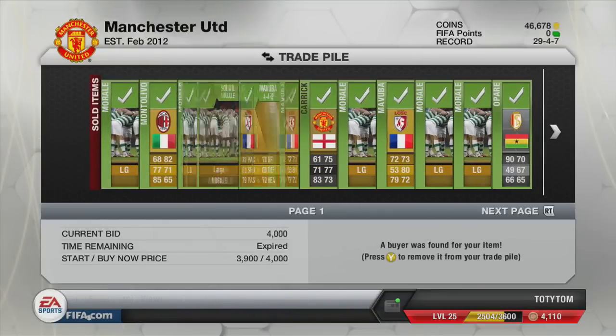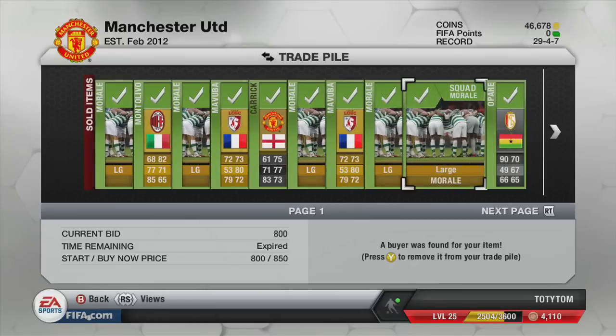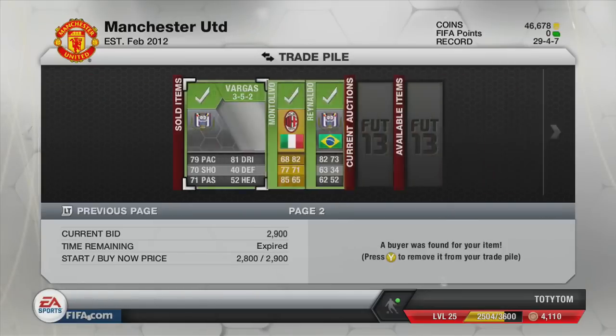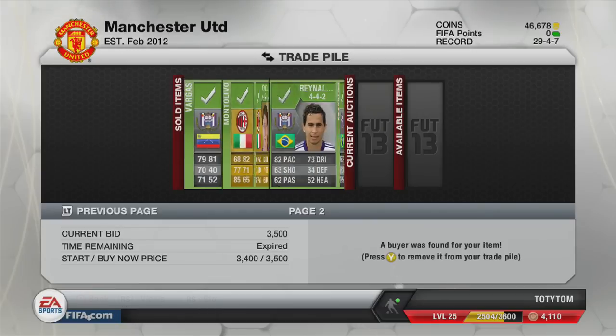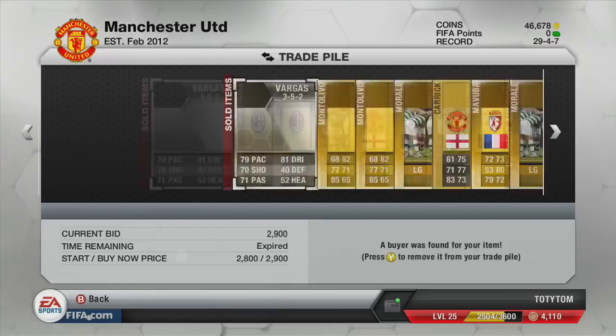So we have got rid of absolutely everything, all the players that I changed the positions and formations of in the last episode are now gone. You may want to go and check the last episode if you want to see how I made the money on these cards. And we've also managed to sell all of our large squad morales from about a week ago,